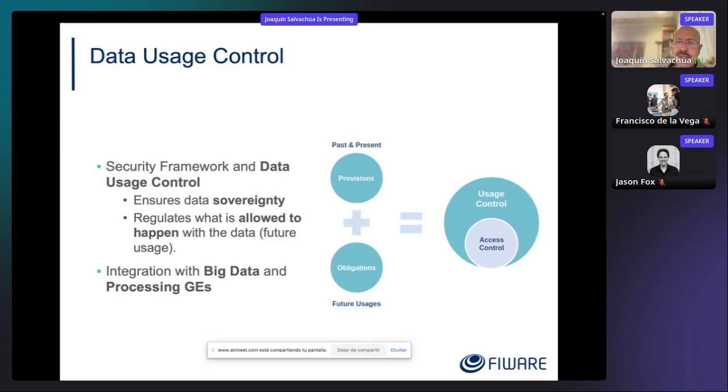And this makes more sense once you interconnect it with the different big data components. I mean, these analysis components and the different processing from the generic enablers. I won't lie to you, this is a very complex problem, and we have found some solutions